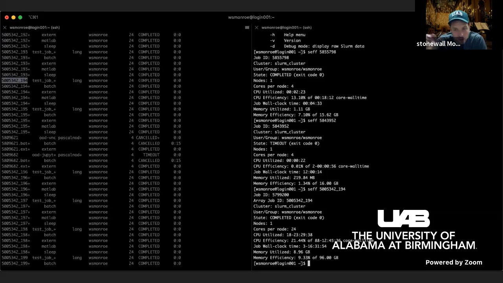You could always take a look at this and it will tell you actually how much it did use or attempted to use, as well as other ways that you could optimize your job, because like in this case, it's saying I'm only using 21% of my core wall time. Maybe I bring down the number of cores per node that I ask for so I can get it scheduled more often, but then I'm going to expect that it's going to run for a little bit longer, because